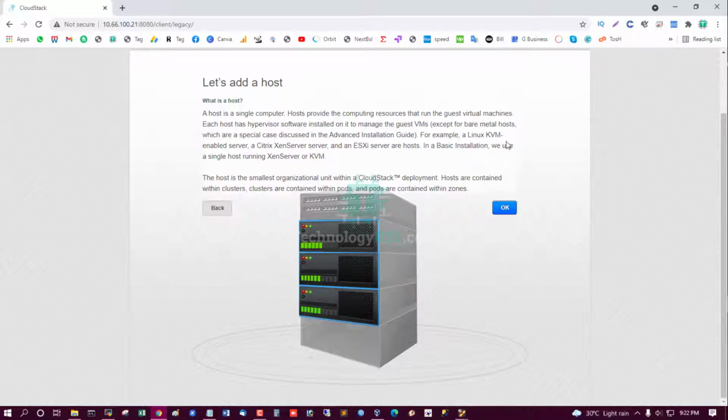For example, a Linux KVM enabled server, a Citrix server, and an ESXi server are hosts. In a basic installation we use a single host running XenServer or KVM. The host is the smallest organizational unit within a CloudStack deployment. Hosts are contained within clusters, clusters are contained within pods, and pods are contained within zones.